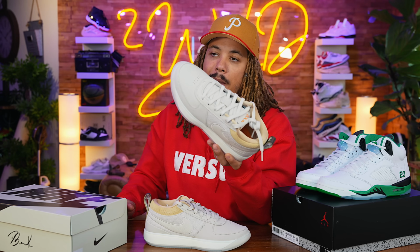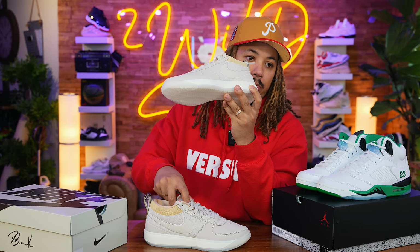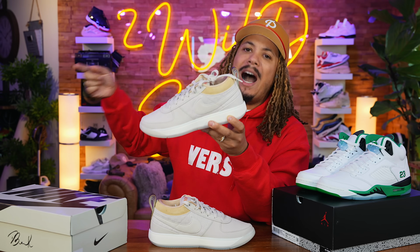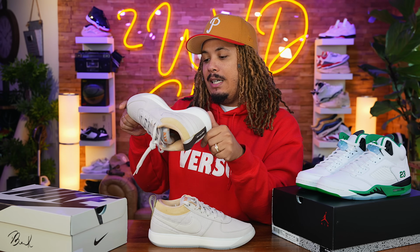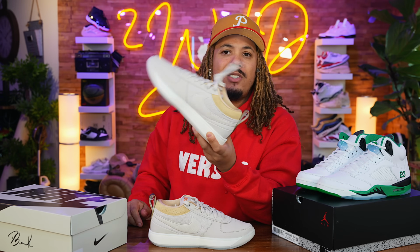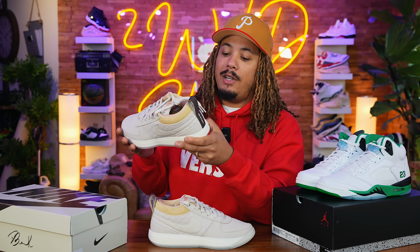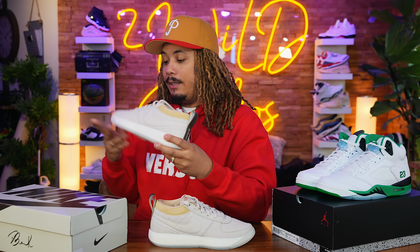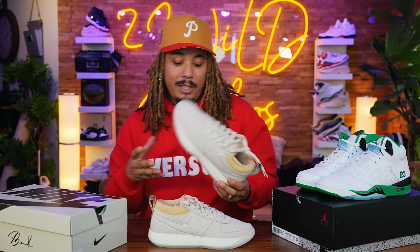I know a lot of y'all in the comment section are probably gonna say that I like it because of the price point and all that. I get it. At the end of the day, once I do the review, I'll know if I wanna keep the shoe. That's how I honestly feel. If this was the all orange pair, I'd keep it. But this is the first release, the Mirage, the first general release. And I feel like there'll be a lot of them down the pipeline. At the same time, who knows, it might be his first shoe. It might be worth keeping,